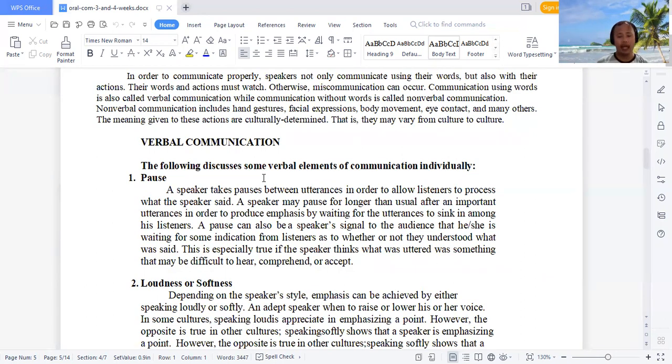So second is loudness or softness. Depending on the speaker's style, emphasis can be achieved by either speaking loudly or softly. Of course, it depends on the people. Say for example, if you're giving a speech towards the congregation, you're facing many people. Of course, you really have to give great emphasis towards the topic that you have been emphasizing. What is going to happen if you will not